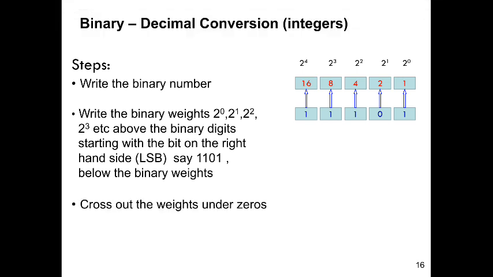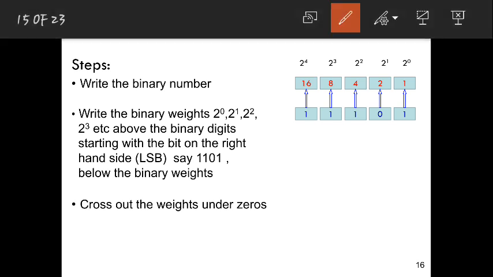So now from this, cross out the weights under 0, that means he is just not considering this. Why is he not considering? Because always we need to see, if this is 1, you need to consider this weight, that means 1 into 1, you will get 1. Next, plus, what is this, 0 into 2, you will always get 0.